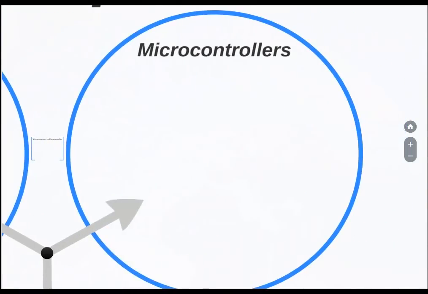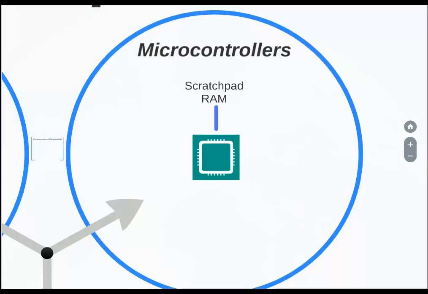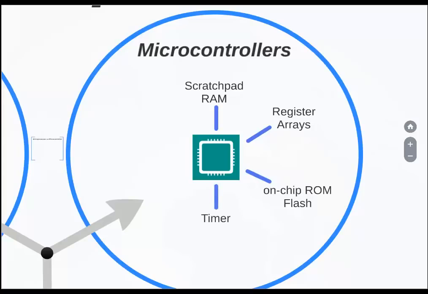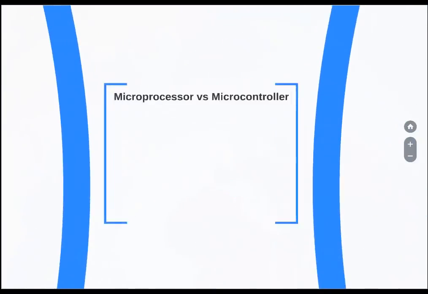Microcontrollers, on the other hand, are highly integrated chips that contain a CPU. Apart from the CPU, they have a scratchpad RAM. They've got further register arrays. They've got on-chip ROM flash for storing programs. They've got timers and GPIO, which is general purpose input-output devices, and interrupt controllers, and many more things. All of these components come together and are put onto one IC, and that is what a microcontroller is. One of the questions that you may have, or someone else may pose you now, would be, what